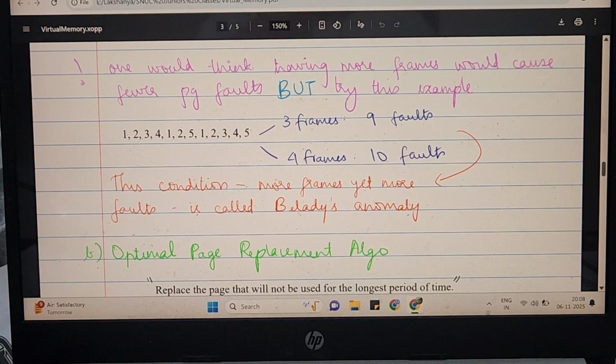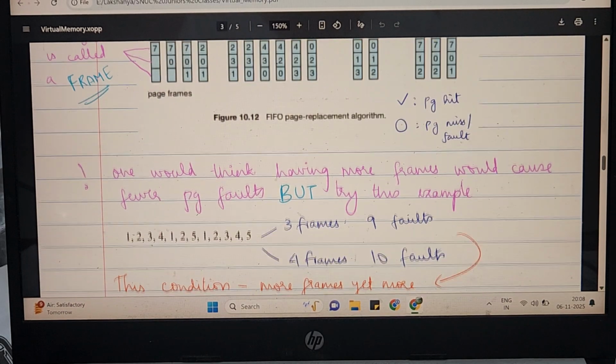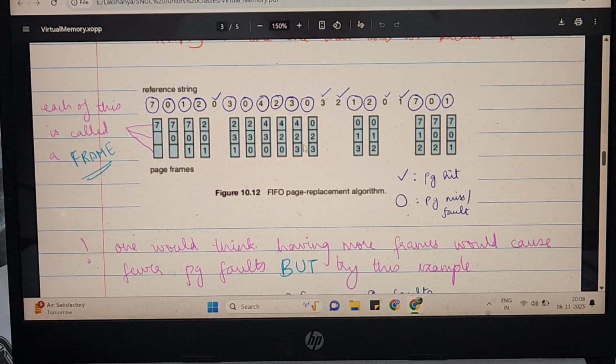Right, now we looked at the FIFO page replacement algorithm. We saw this example, and a lot of the times, if you noticed carefully, you would remove a number and put something else, and in the very next iteration, the number you just removed is what you need. So you have to bring it back again. So for example,